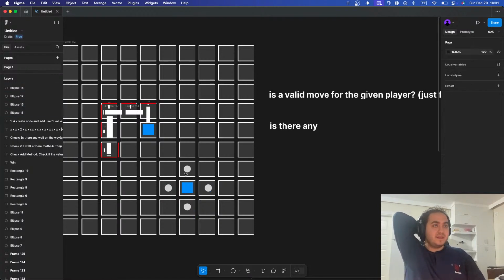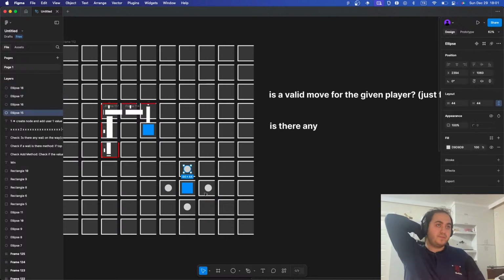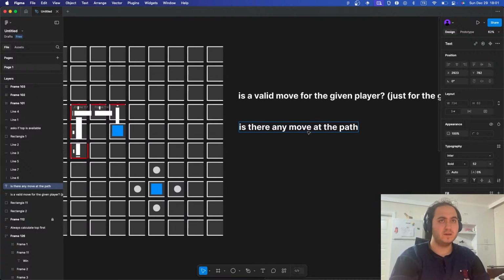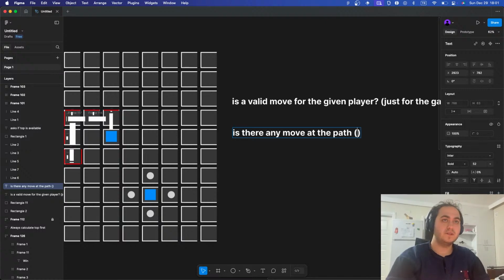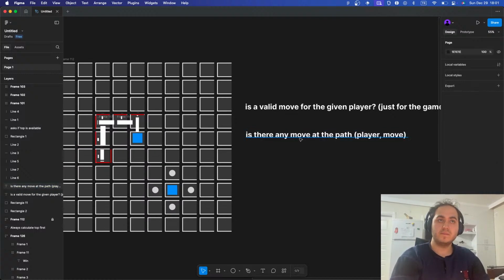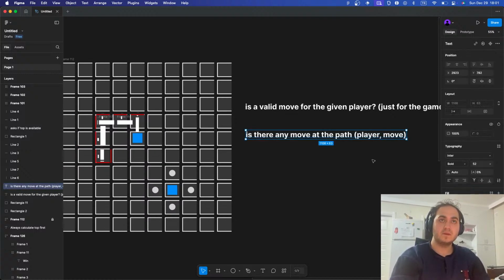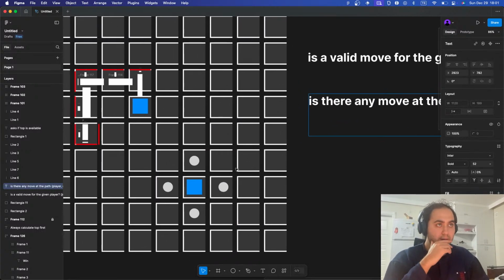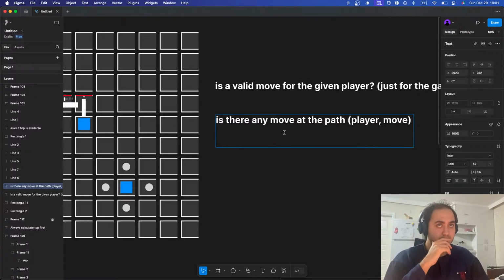We will only check if there are any walls here. Is there any move at the path, at the road, which takes the player move, and this is all. Yeah. So let's try to implement this in text. If we choose top,